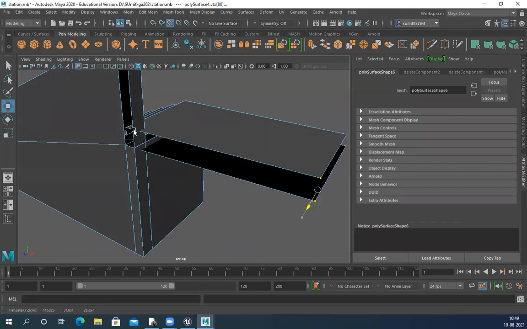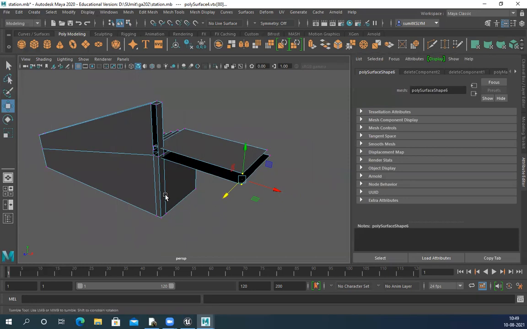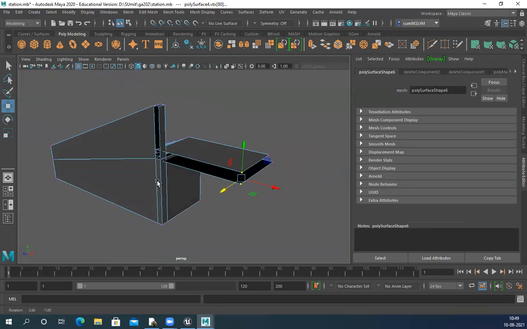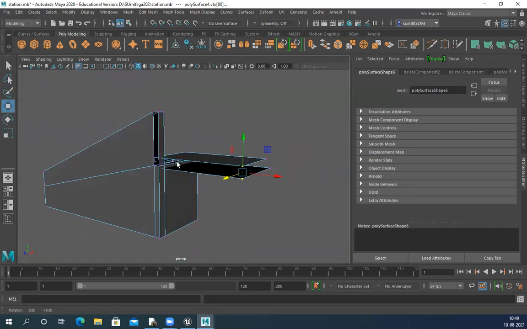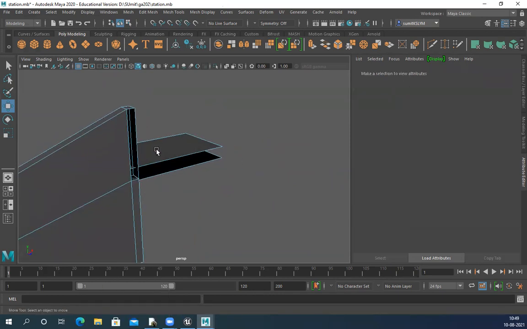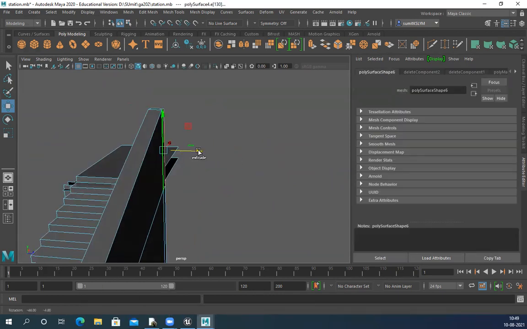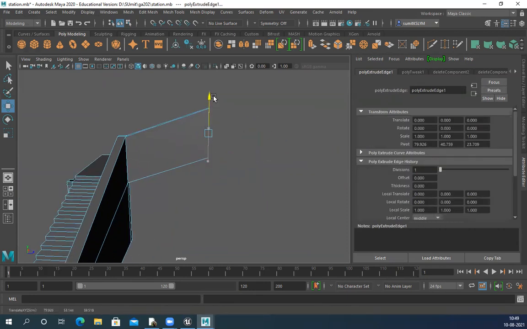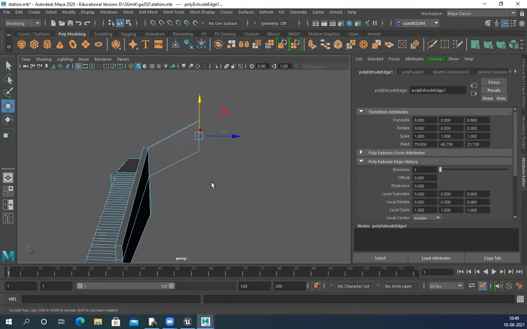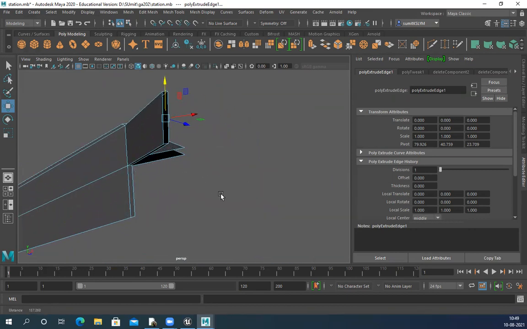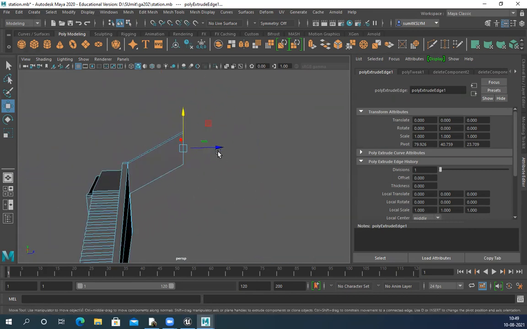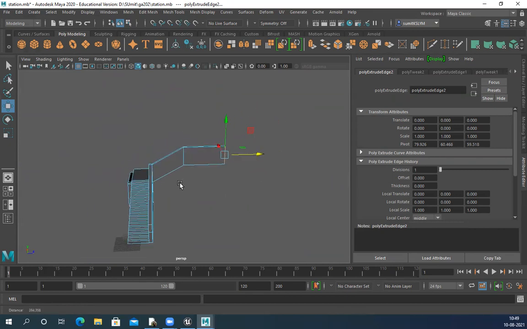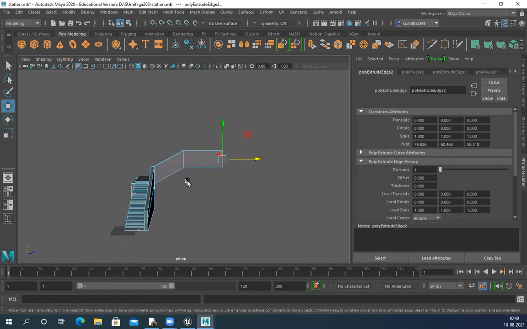V, yeah, straight line. So go one more step up, then this. So I have more room here.